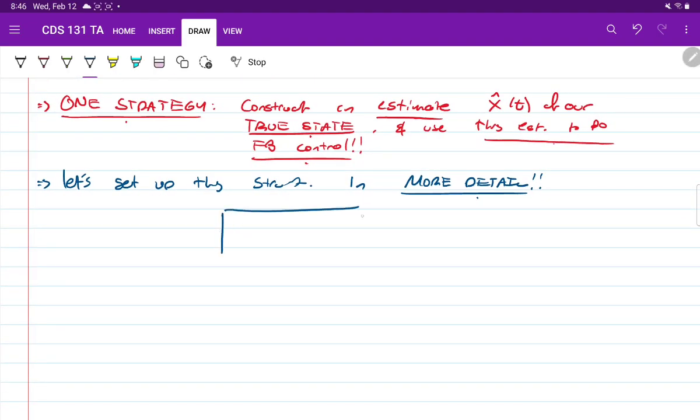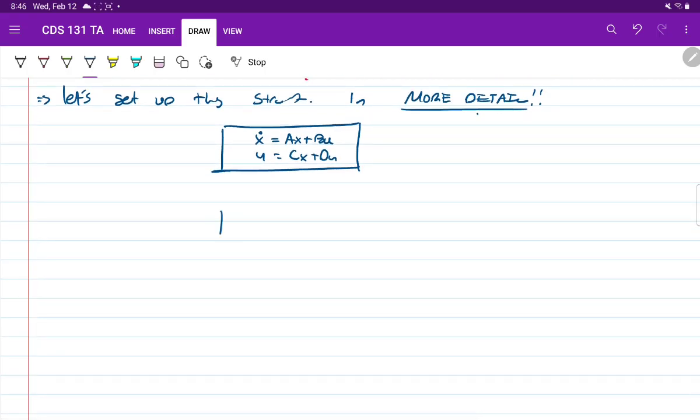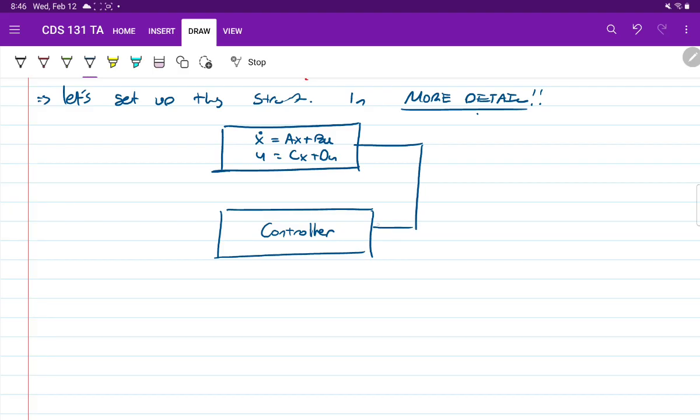Well, the general setup in output feedback is the following. We have our system dynamics, right? x dot equals Ax plus Bu, and then y equals Cx plus Du. And then we have our controller block, okay? Now, this controller takes in the output, y, and it returns the input, u, to the system, okay? So contained inside the controller block,